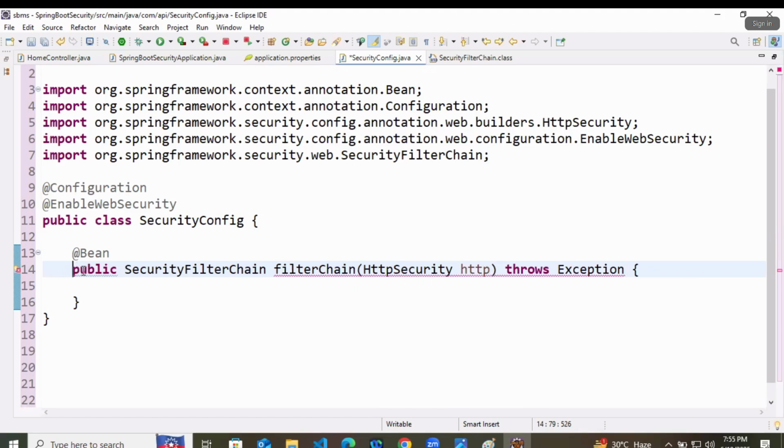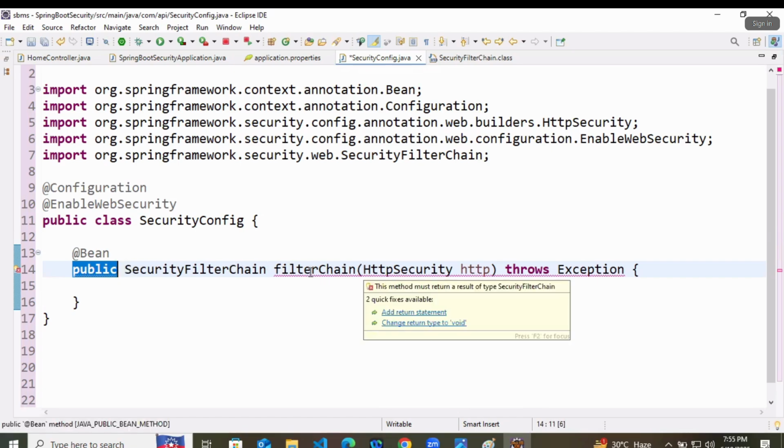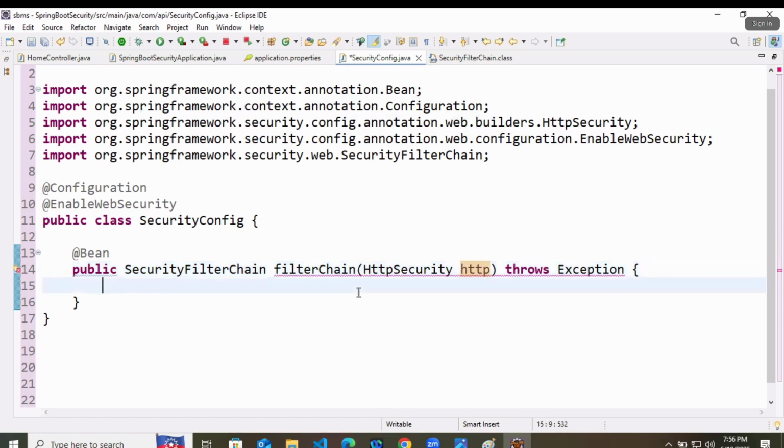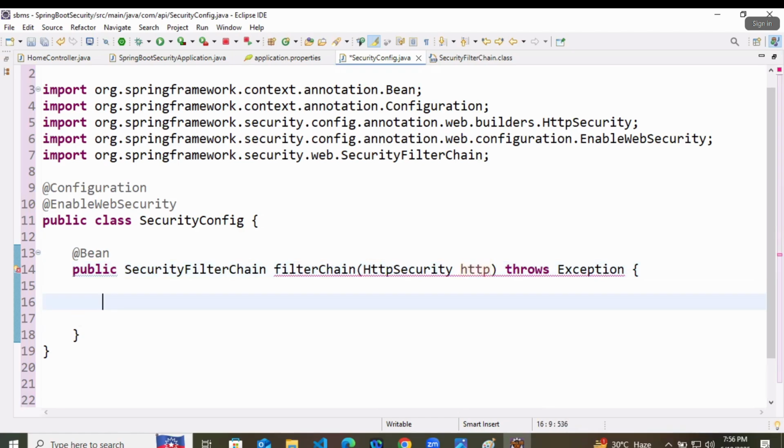This method, whenever it is called, will create the object of HttpSecurity, right? Now we are going to add things to this http, because whatever communication is going on happens through this http.